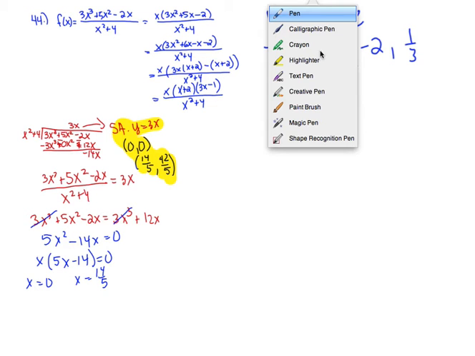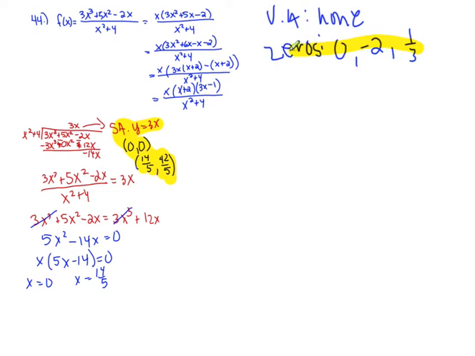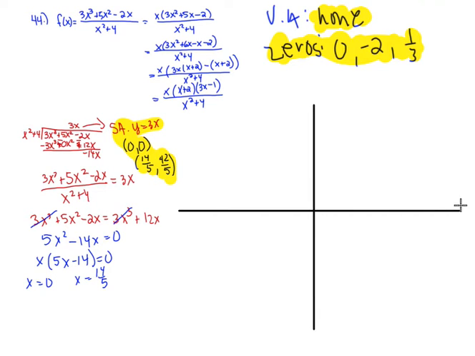So I'm going to highlight the pieces that are going to be valuable to us. The zeros I'm going to want to know. I'm going to want to know that there are no vertical asymptotes. I want to know that there is a slant asymptote. So I'm going to graph this. I'll draw myself a grid. And then I will start putting the things I know on the grid. So for example,